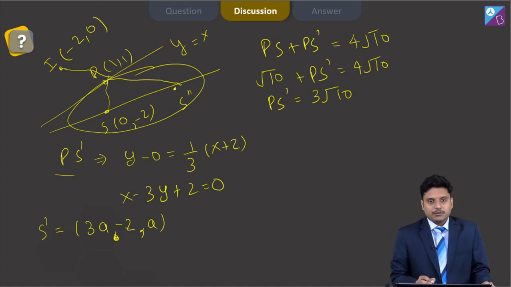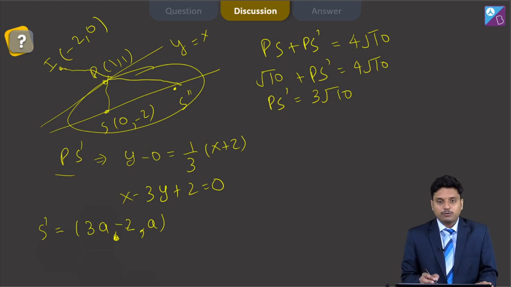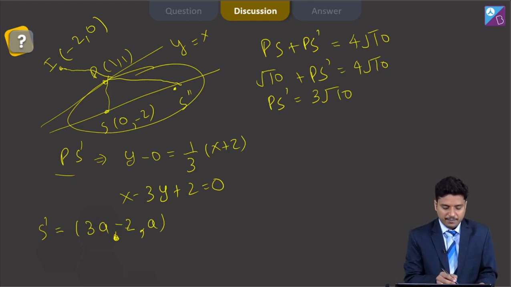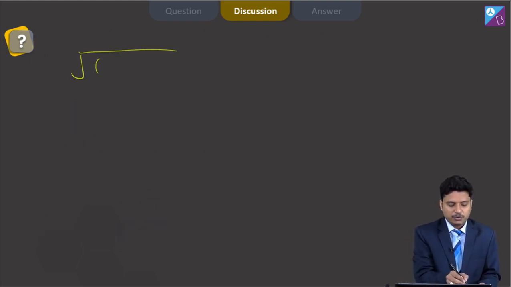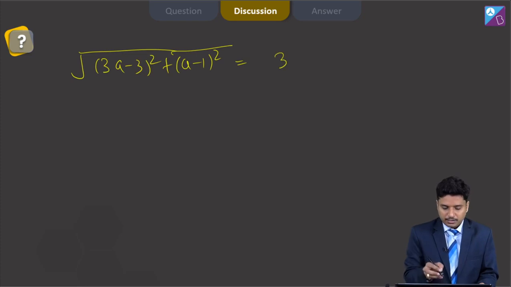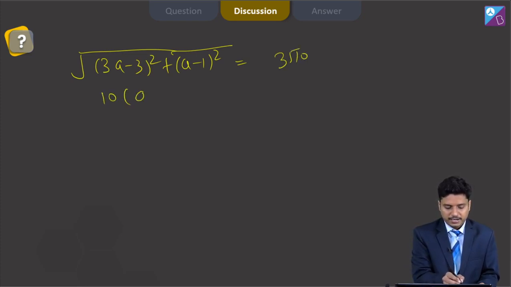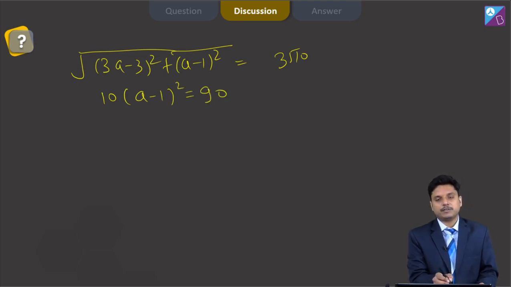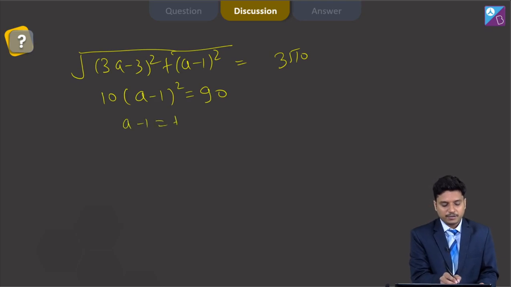Now PS dash should be equal to 3 root 10. So now we should try to find out this distance PS dash. PS dash will be equal to 3a minus 2, a's distance with 1, 1. So it will be equal to under root (3a minus 3) whole square plus (a minus 1) whole square, which is equal to 3 root 10. So this is 10 into (a minus 1) whole square is equal to 90, (a minus 1) whole square is 9, so a minus 1 will be equal to plus minus 3, a will be equal to